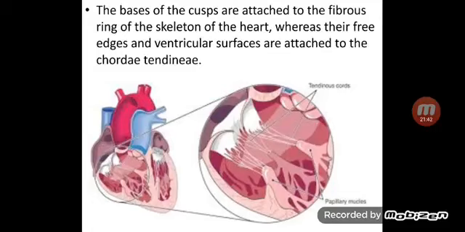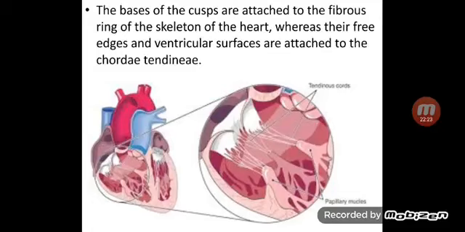The bases of the cusp are attached to the fibrous ring of the skeleton of the heart. The fibrous ring of the skeleton of the heart, that we will talk about later, gives support to the heart. So the bases of the cusp are attached to it to give strength and support to the valve. The bases of the cusp of this valve will be attached to the fibrous ring, which is the skeleton of the heart. But the free edges,